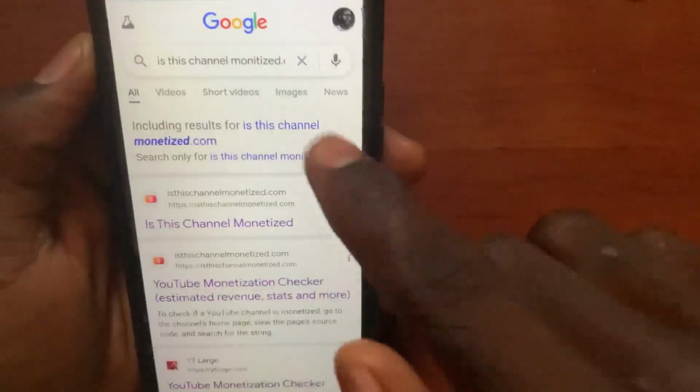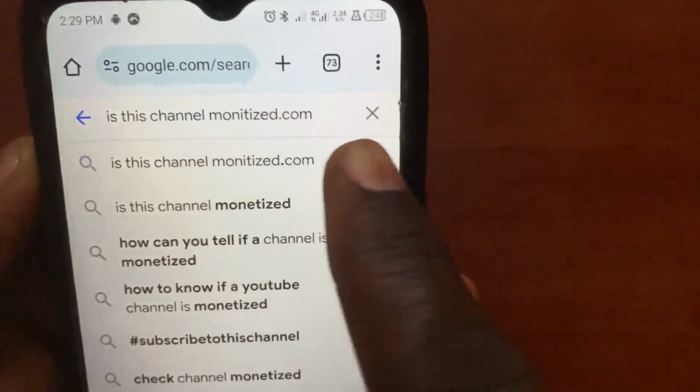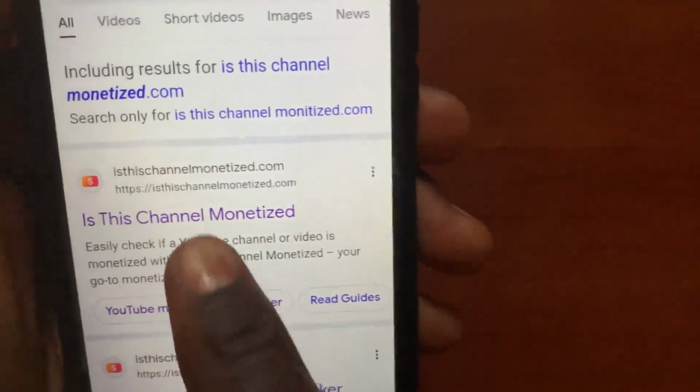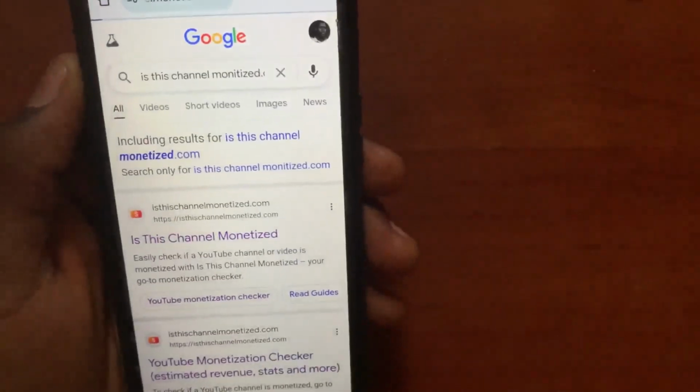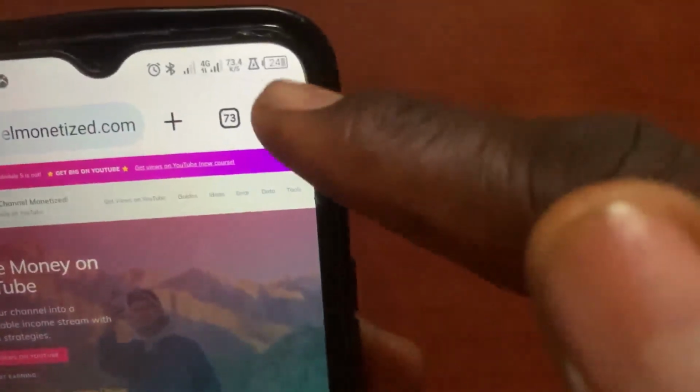After you open your browser, you can go ahead now and search for this website. Is this channel monetized.com? And tap on this search. After you tap on the search, now here is the website. So you can tap on this first link. So after the link has opened for you, now you can tap on this three dot at the top and